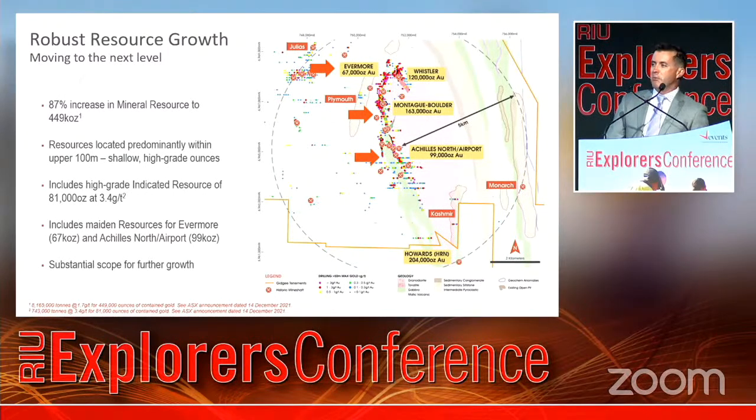This is not a complex story. This is really simple, low-hanging fruit. We've got a high-grade indicated resource now of 81,000 ounces at just under 3.5 grams. And also, as I mentioned before, we've got 2 new discoveries we brought onto the resource inventory for the first time at Evermore and Achilles North. These are shallow resources. Again, they're new discoveries away from the old mining areas and really highlight the potential here